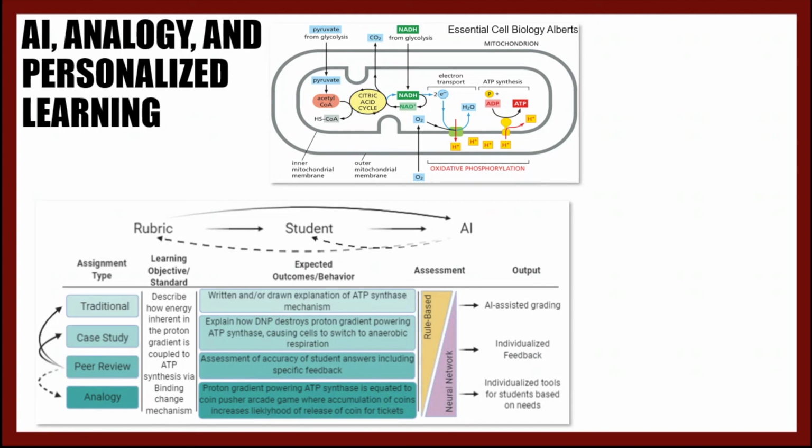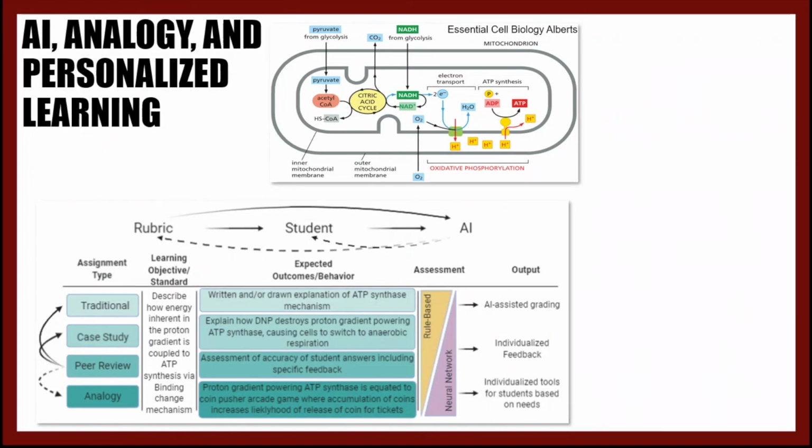So in this case, peer grading can help to alleviate some of the burden on the instructor, but what we're really trying to work with here is incorporating AI that helps to assist with grading, provides individualized feedback during the creation of the assignment and afterwards, as well as providing individualized tools for students that helps them select their assignment that would help them the best, as well as basically tailoring resources that they would need as they're going through the assignment.